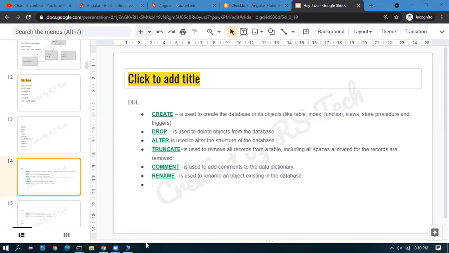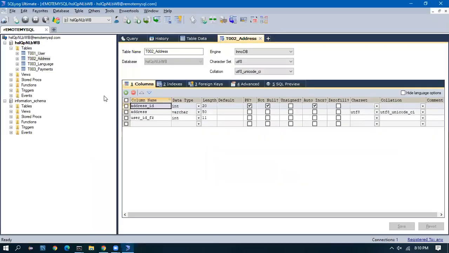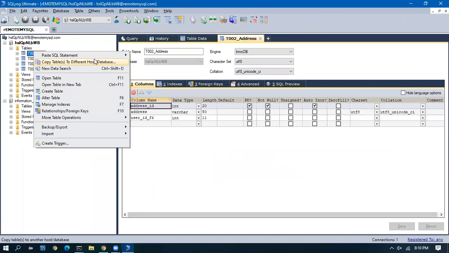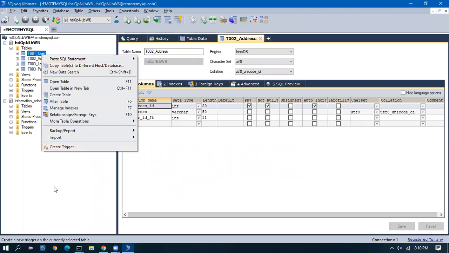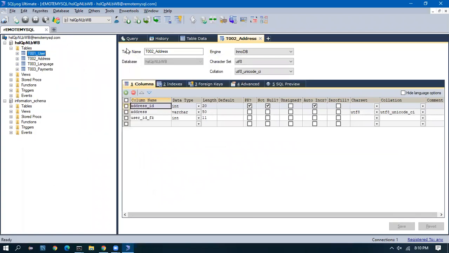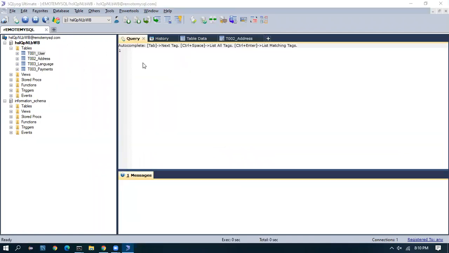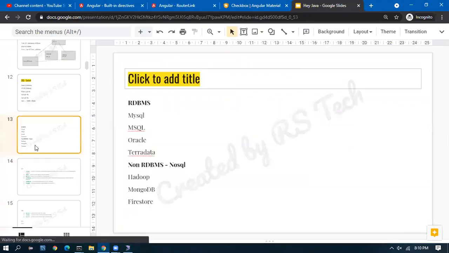So if I go to this database, I right click, okay, there is no create, it is not enabled. So I can create a table using create table name.